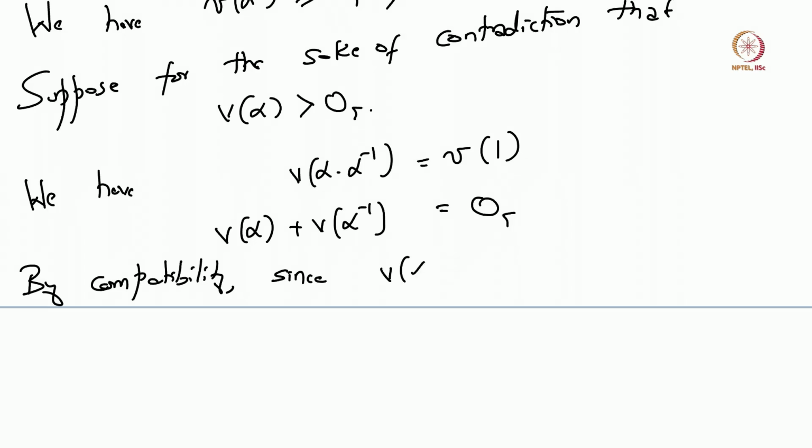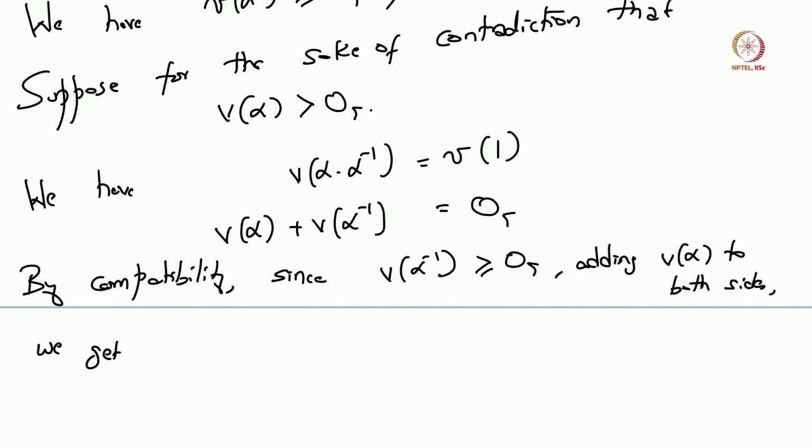We have that the valuation of alpha inverse is larger than or equal to the identity element of gamma, and adding the valuation of alpha to both sides, we get the valuation of alpha plus the valuation of alpha inverse is larger than or equal to the valuation of alpha,